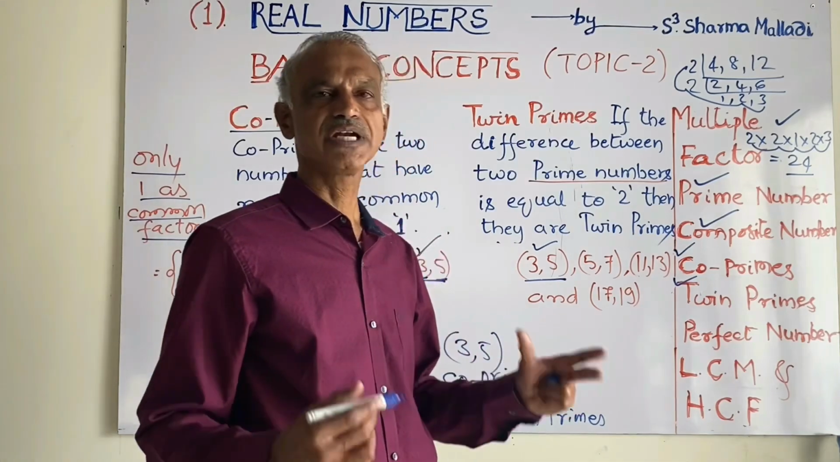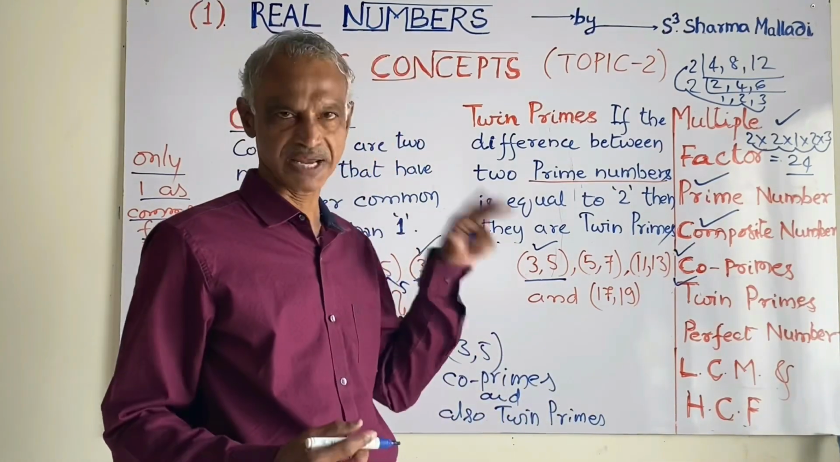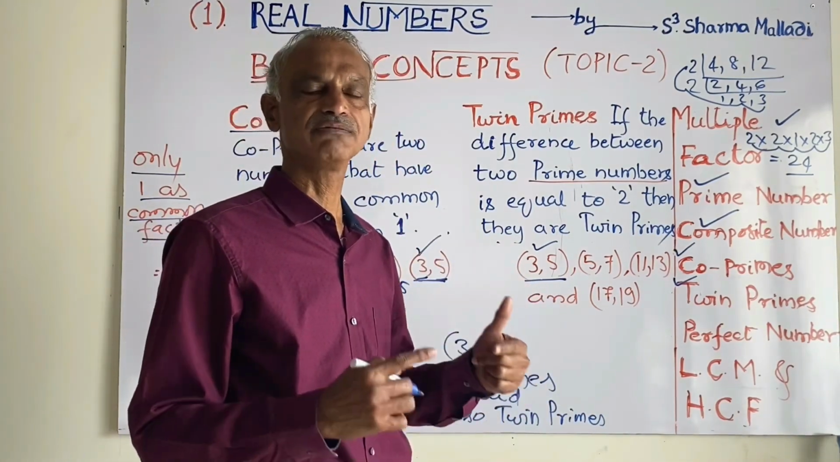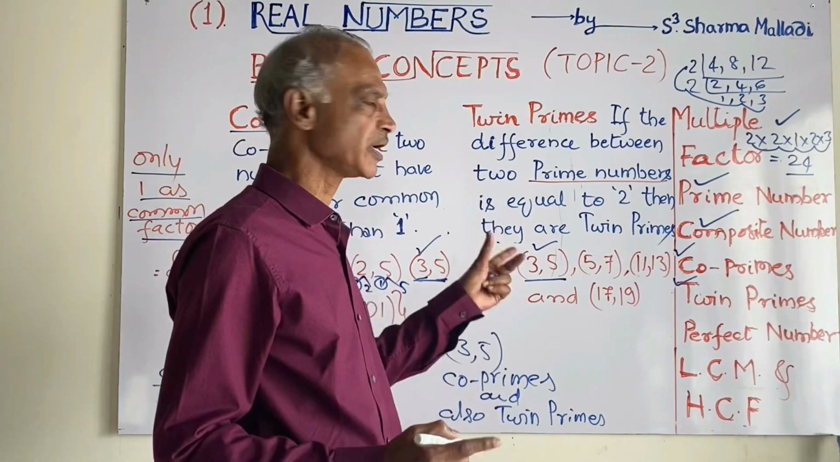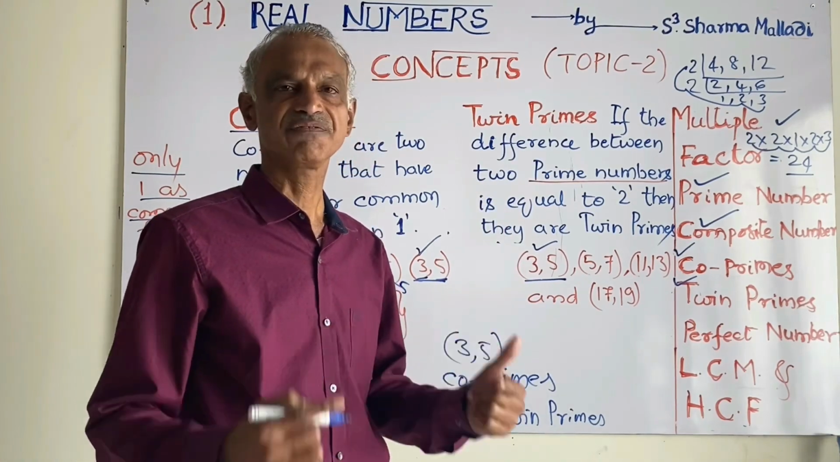Twin primes must be prime numbers. Like that, you should understand the difference between co-primes and twin primes. Co-primes, they should have 1 as a common factor. Twin primes, they must be prime numbers. Difference must be